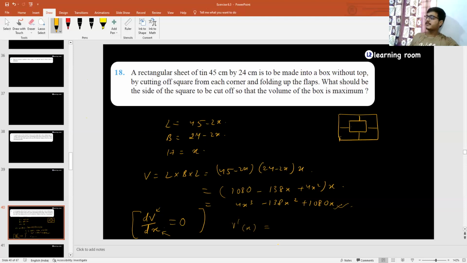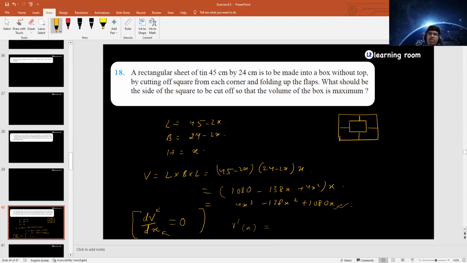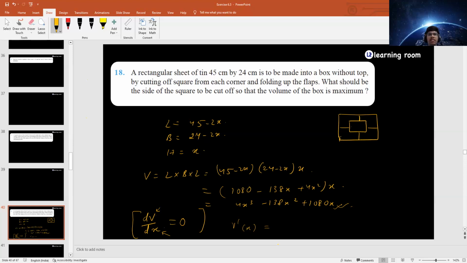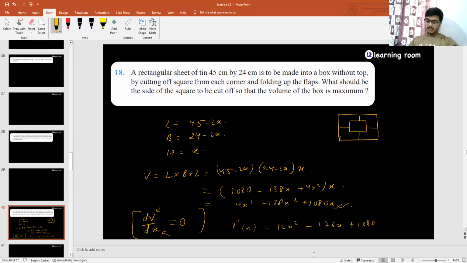Try to differentiate it. Is it 12x square minus 276x plus 1080, sir? 12x square minus 276x plus 1080. That's correct. Yes. Okay. Now what you have to do, you have to equate this to be 0 in order to get